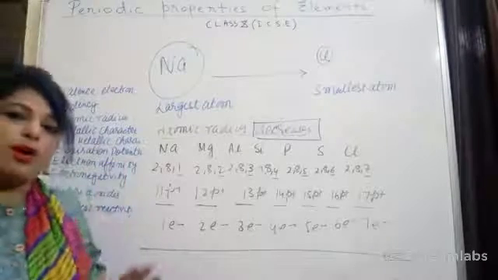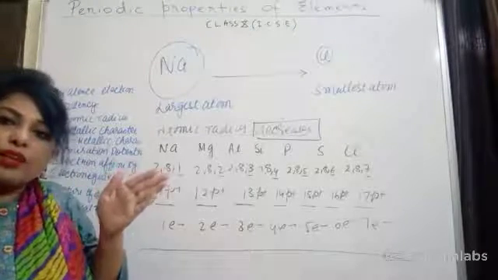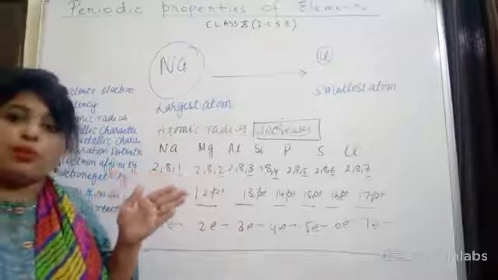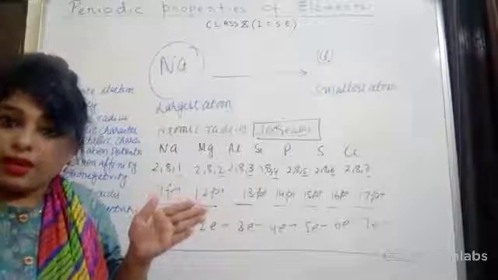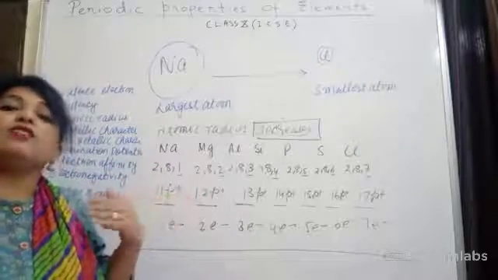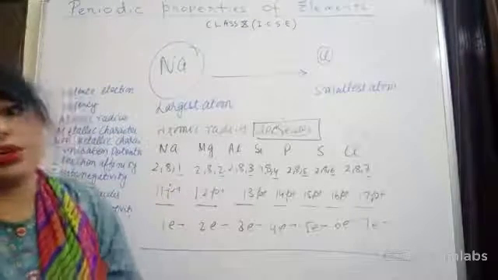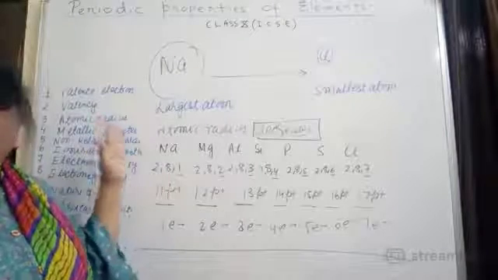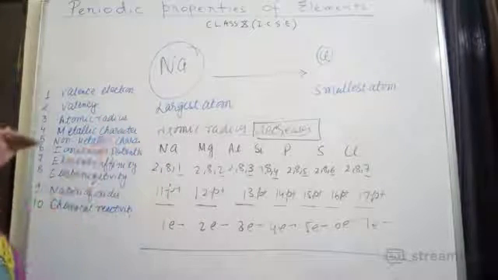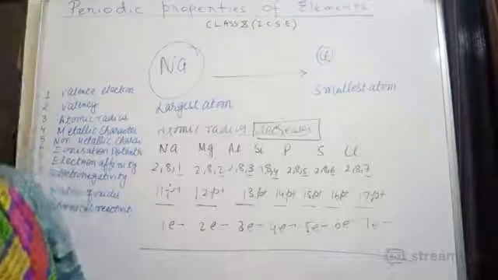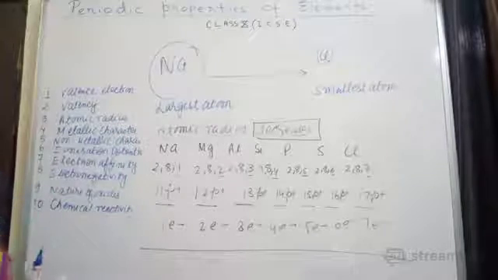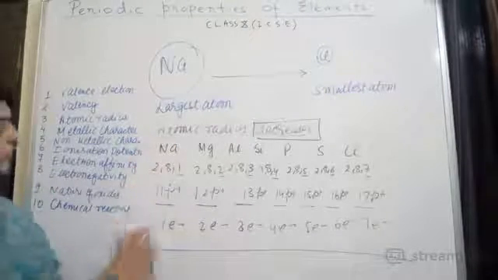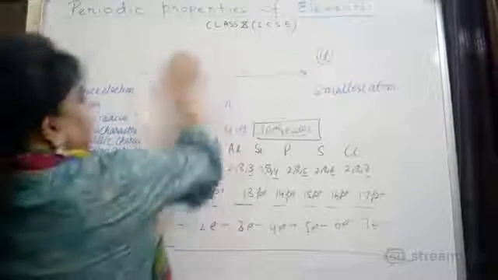So we have learned that atomic radius is directly proportional to the number of shells and inversely proportional to nuclear charge. I hope everybody has understood this periodic property nicely. Now we'll go to the next. We have some time? Half an hour. Okay. So now